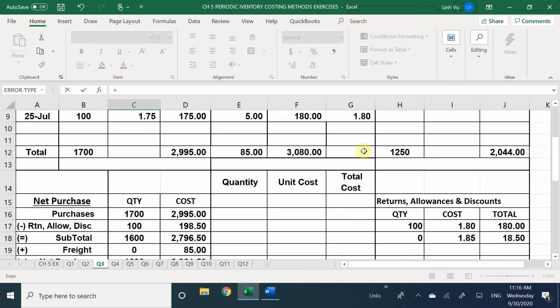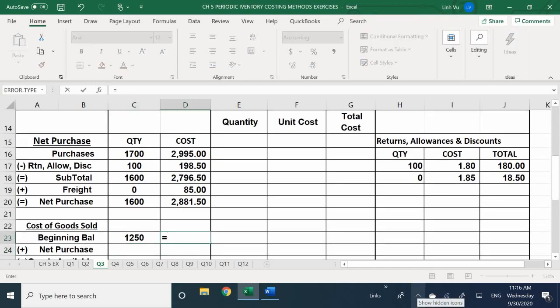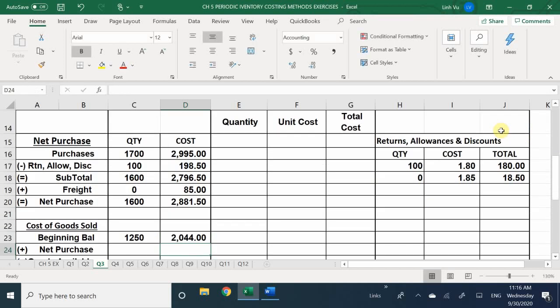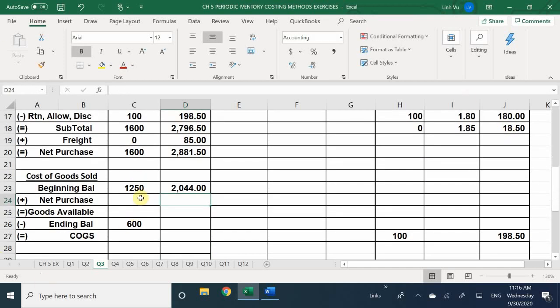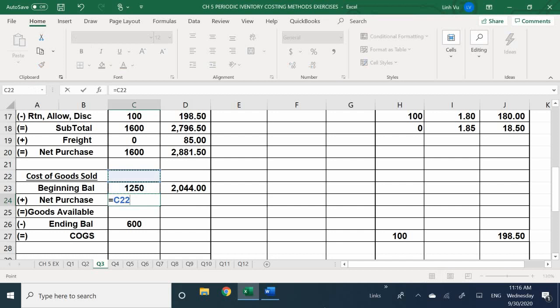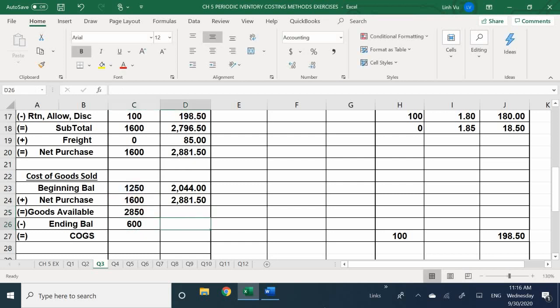Now, question is, did I have beginning inventory? And yes, I did. I had originally 1,250 from the beginning, which cost me $2,044. Okay, so I need to add this together with my net purchases to give me my total goods available. So by copying this information down here, I'm going to add 1,250 to my 1,600 to give me 2,850. I'm going to add my $2,044 plus my $2,881.50 to get me,